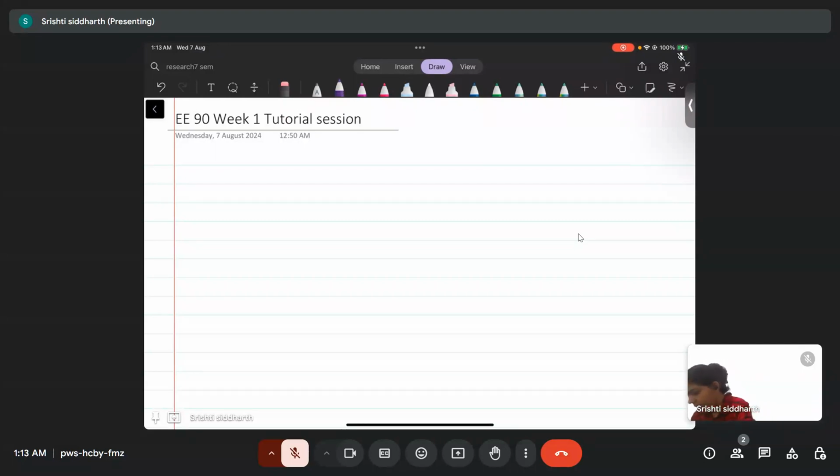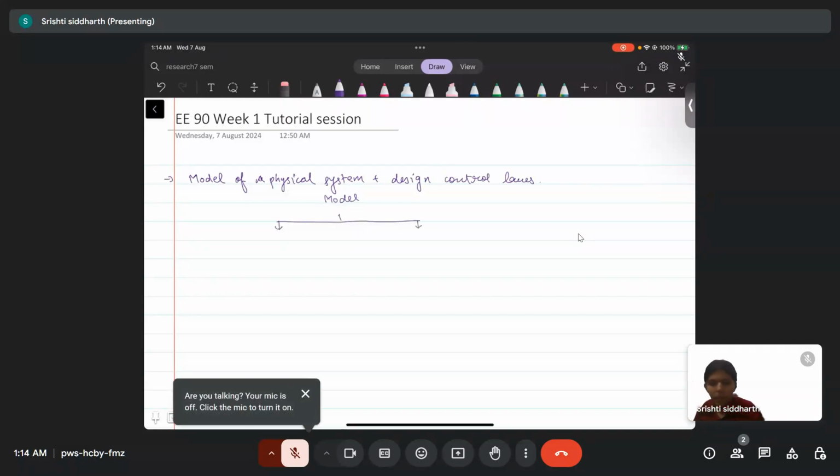So in this course and in all other control theory courses, what we look at is the model of a physical system, or just a system, and then we design control laws for it. So to begin with, we need a model of a physical system. So a model, in this sense, can be